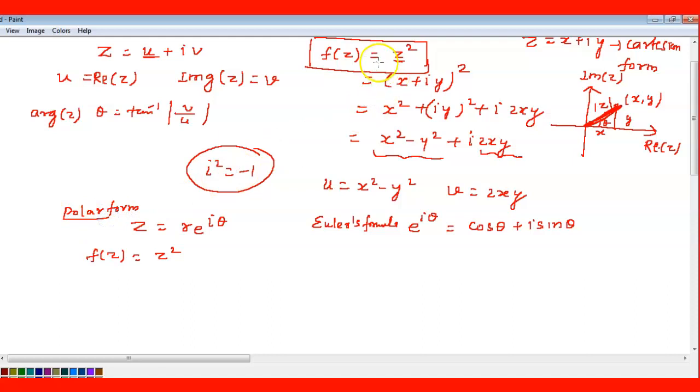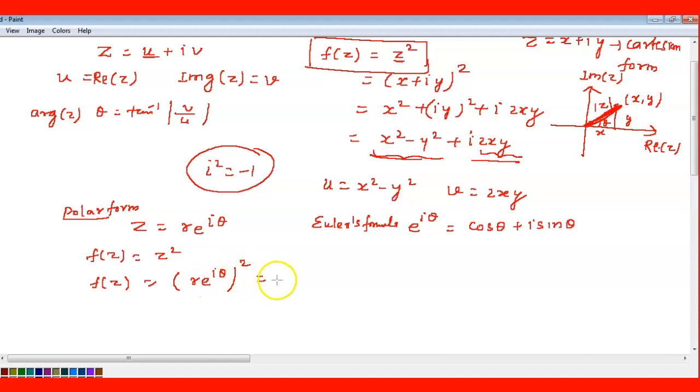First time we did it in the Cartesian form, z is equal to x plus iy, you can substitute, and we can find the real part and imaginary part. Similarly, consider we are substituting z is equal to r into e power i theta in polar form, and we are trying to find the real part and imaginary part. So we can write f of z as it is, z is equal to, I can substitute it in the polar form, r into e to the power of i theta, this whole square. Any doubt till here?